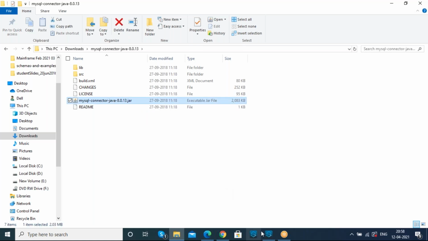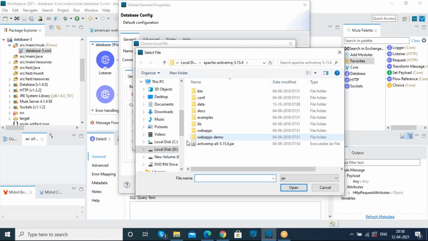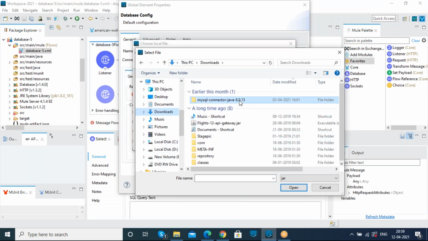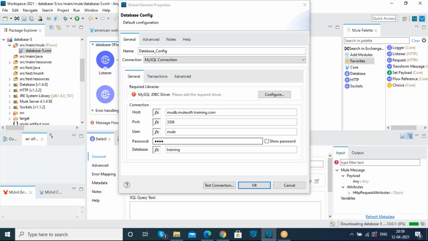Here I want to browse this jar file. This is the jar file I want to pick, and if I click on OK, the jar file will be uploaded there.